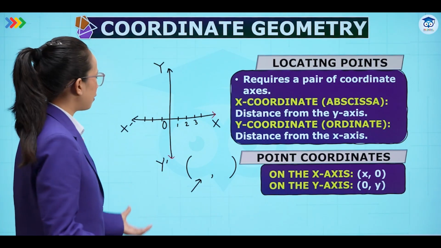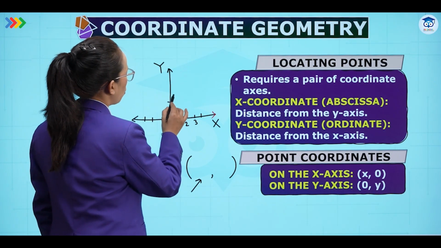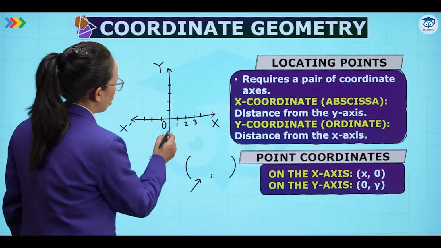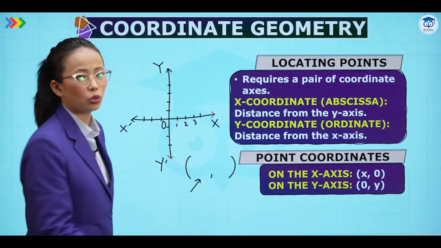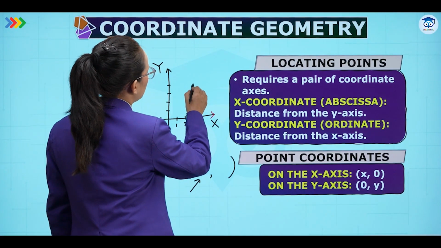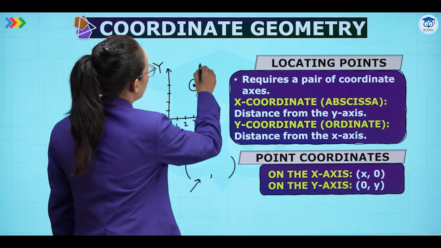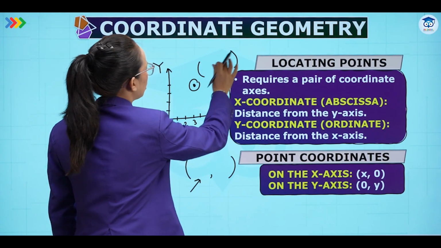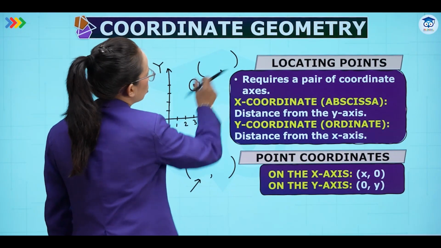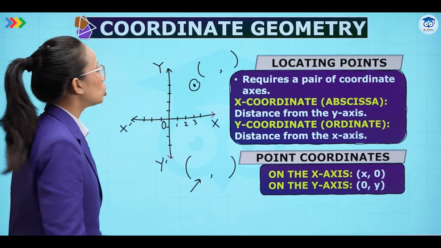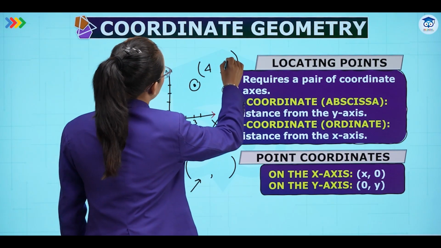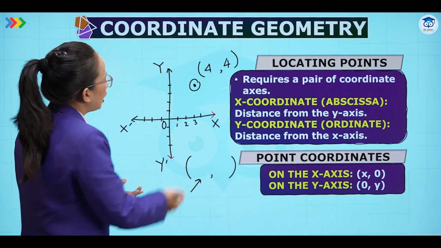We will have the same here also. Similarly we have 1, 2, 3, 4 on the upward side, and downward we have -1, -2, -3 and so on. Now if we are going to denote a point, it will be denoted by coordinates with two values enclosed within a round bracket, also known as parentheses. Suppose it says (4, 4), or you have (3, 4), any.